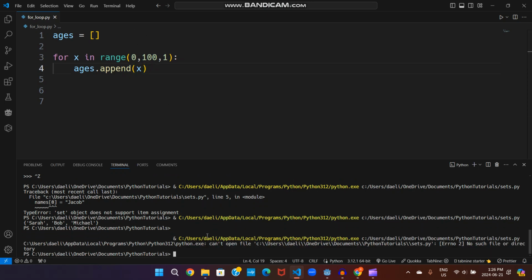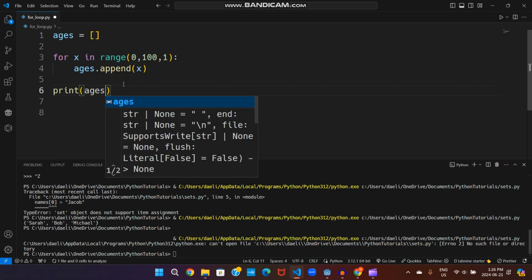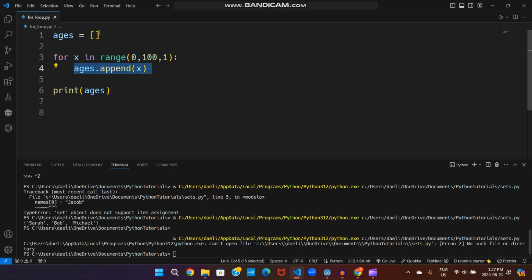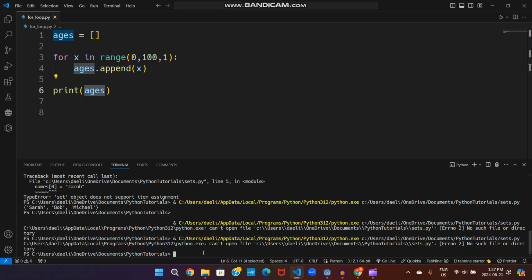Let's see what happens when we run this code. Well, I don't see any output. How come? Well, we need to print out the ages. What's happening here is this value of x is being added to this list over here. So instead of me doing this all the way to 100, it's just going to do that for me. And then we're printing it so that we can see how it looks like. Okay, let me run this